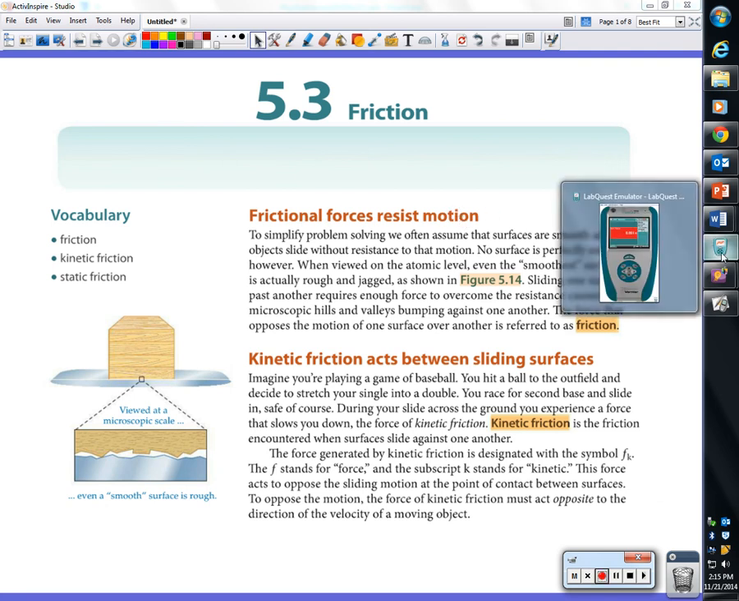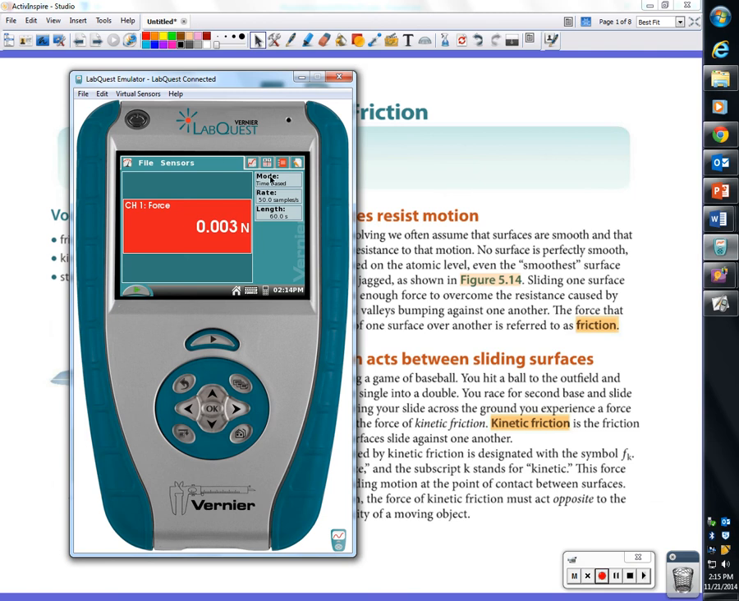So, today, I just wanted to show you a couple of things on the LabQuest, just to bridge the gap between the kinetic friction that we were talking about yesterday, illustrate a couple of the concepts, and then go from there. Okay? So actually, before I do that,